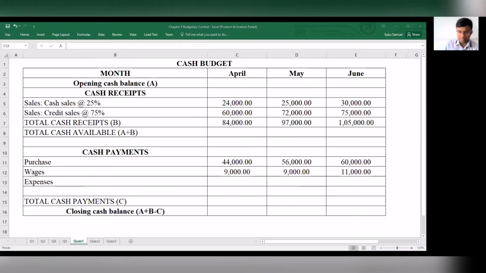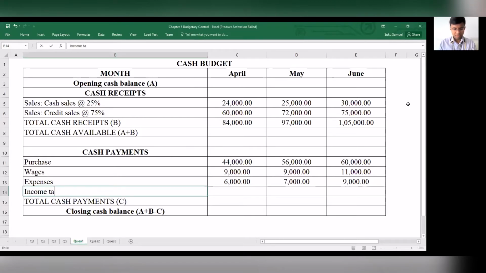Similar condition for expenses. Expenses is always settled in one month delay. So in the month of April, you're settling the expenses for the month of March, that is 6,000. In May, you're settling for April, which is 7,000. And in June, you're settling for May, which is 9,000. Okay, so that has been completed. Any additional expenses we have apart from this? Yes, we do have